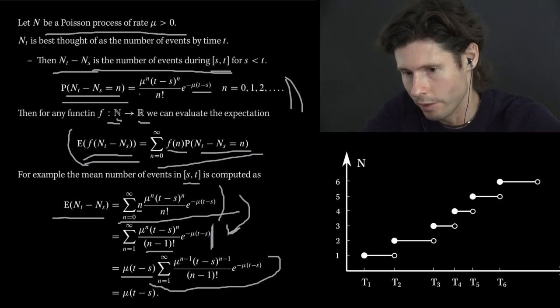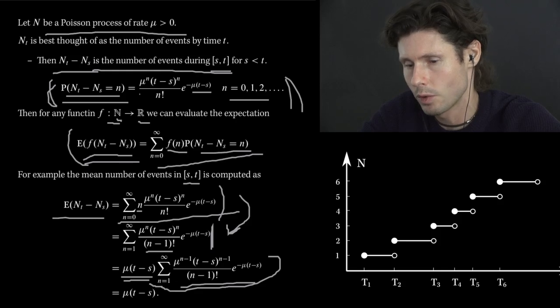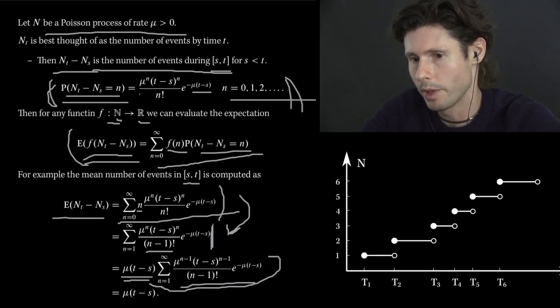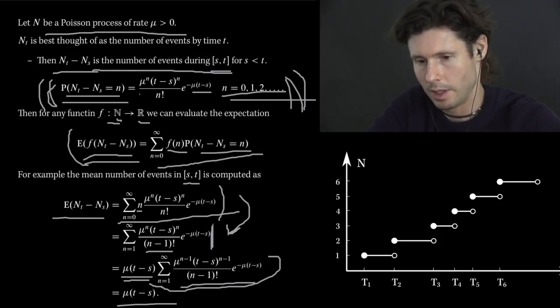And now, after canceling out the n and taking out the parameter, we have the following expression where if you start substituting the values 1, 2, 3, and so on, you'll see that this sum is the same thing as summing up this distribution from n equals 0, 1, 2, 3, and so on. Right, I'm subtracting a 1 everywhere, and I'm starting at 1. That's the same thing as summing up the original distribution over 0, 1, 2, 3, and so on. So this sum just converges to 1. It has to, because that's the definition of a probability distribution. All the probabilities summed over all possible values have to sum to 1. So this ugly summation goes away, leaving mu times (t minus s), and that is in fact the expected value